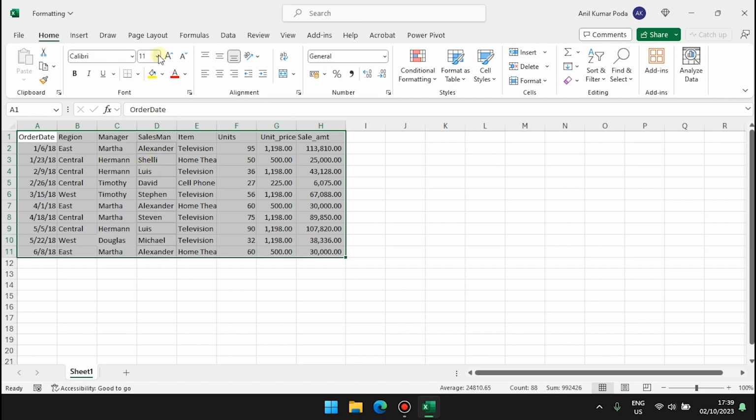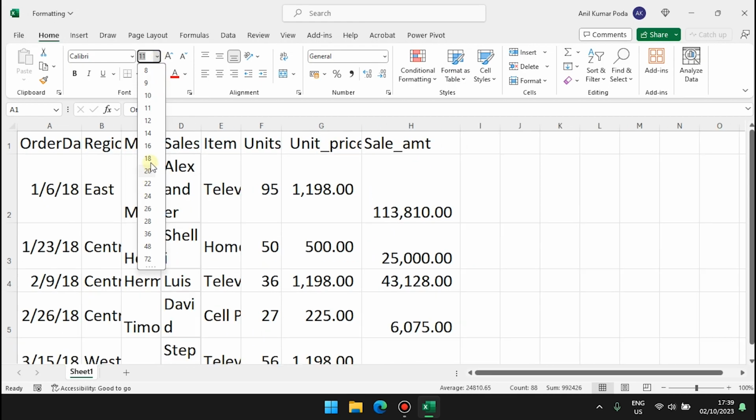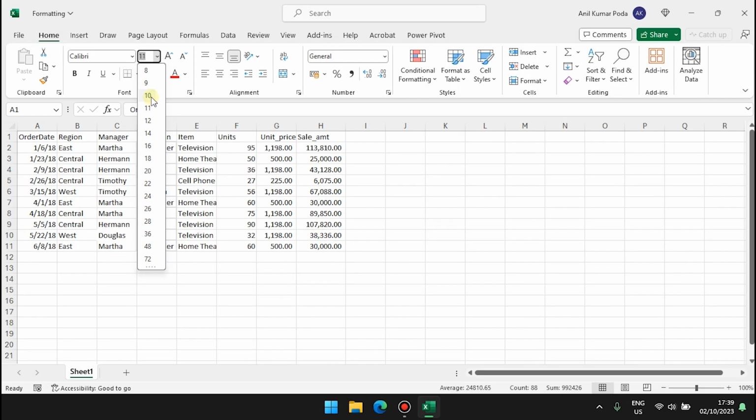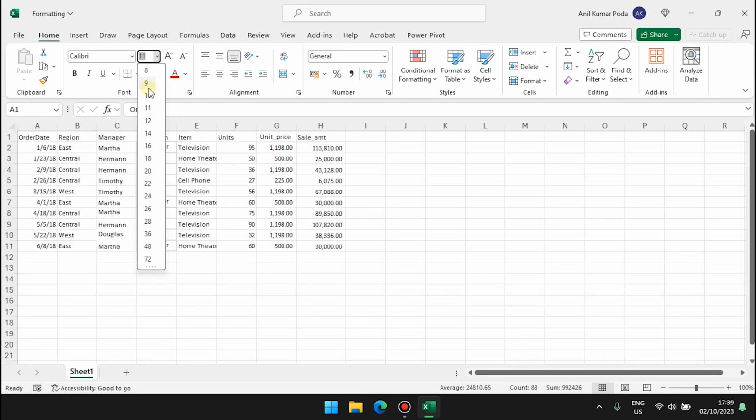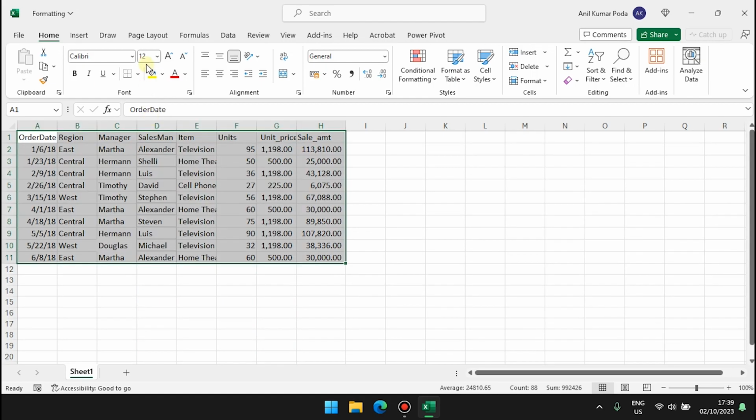The next option is the font size. By default, it's 11 points. If you want to increase or decrease it, you can expand by clicking on this down arrow and see all the different default options available. When you hover your mouse, as you can see, the preview of the font size changes. Either you can select a default one or you can start typing on your own, like 10.